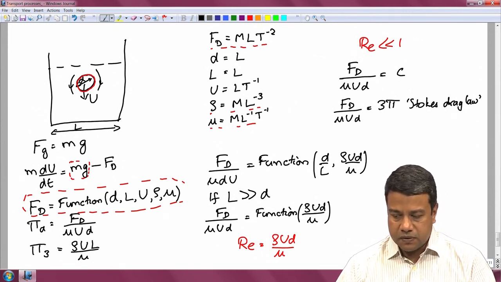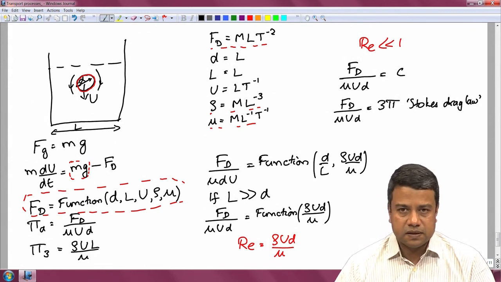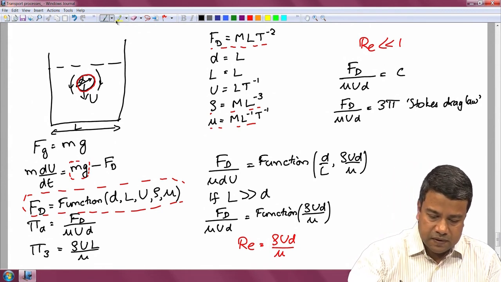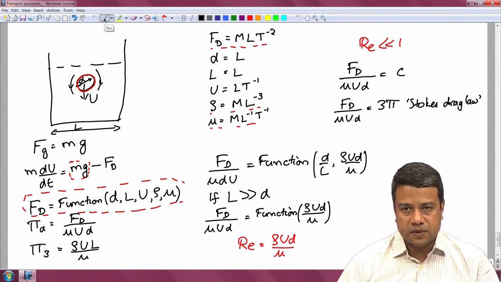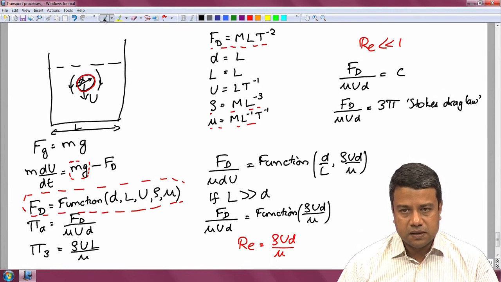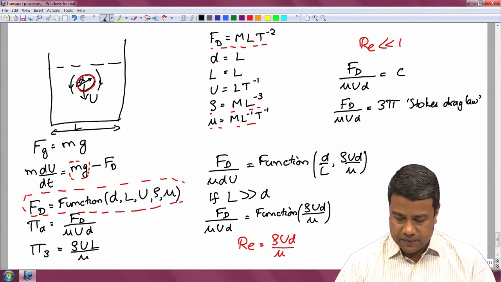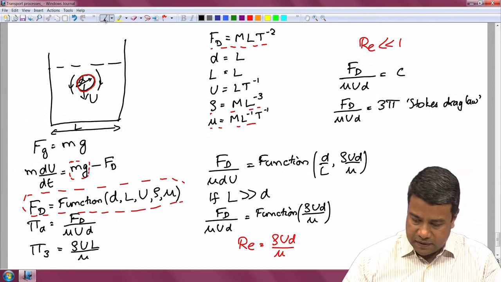And this kind of a Stokes drag law actually gives you the correlation for the drag coefficient, which I was talking about in the last lecture. I told you that we expressed dimensionless groups in terms of ratios of dimensionless numbers such as the Nusselt number, the Sherwood number and so on. For momentum transfer, the appropriate groups are what are called the drag coefficients. And in this case, the drag coefficient is defined as,